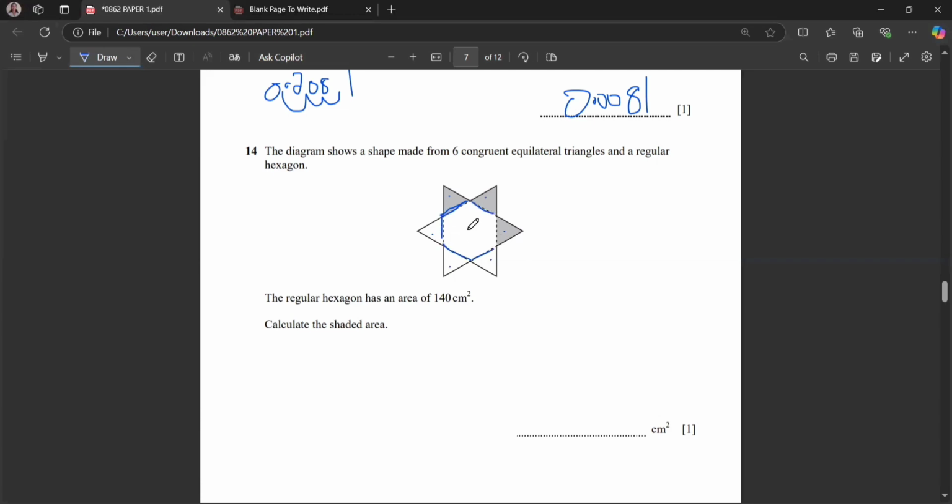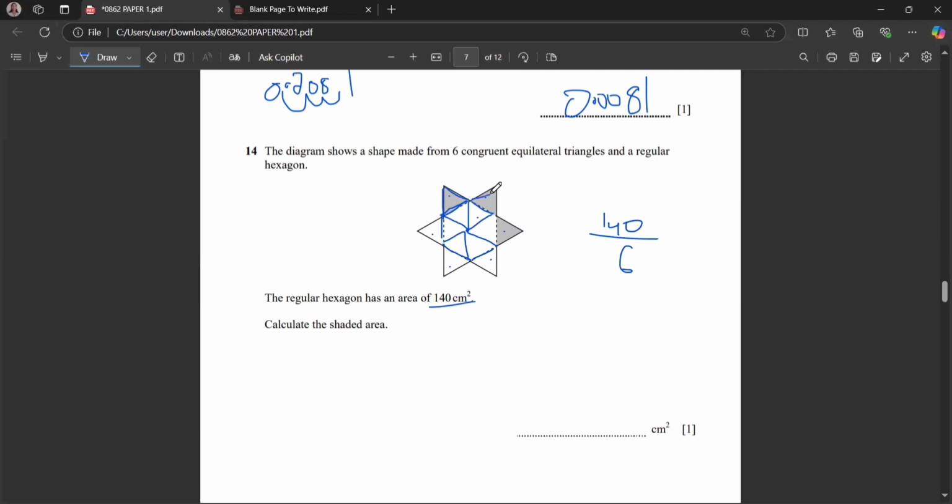So that means the hexagon, if you try to divide it into triangles from the center, you can divide it into 6 such triangles, isn't it? So they have given the regular hexagon has an area of 140, and if you can divide it into 6 such equal triangles, then each triangle's area is 140 divided by 6, and like I said, these